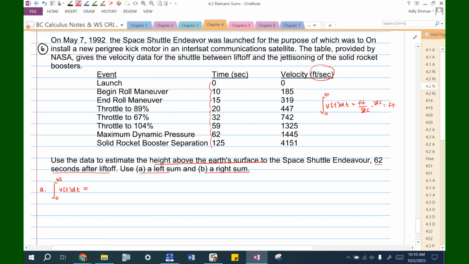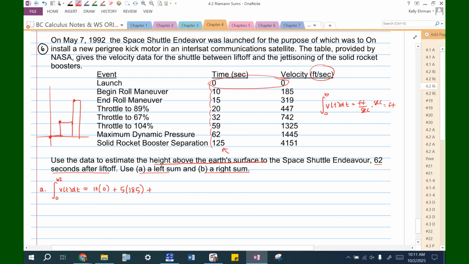It's kind of annoying. Okay, so a left sum means you're doing the first number in each subinterval. So if I'm graphing these, you can graph them if you want to. We've got something like this, so we're doing first one, second one, third one. Okay, so the only one that's not going to show up is this one. So this is going to be 0. Oh, sorry, they don't all have the same width. So 10 times 0 plus, this is a difference of 5, 5 times 185